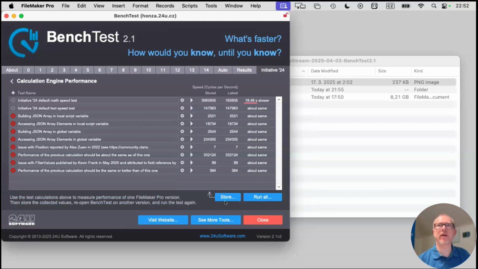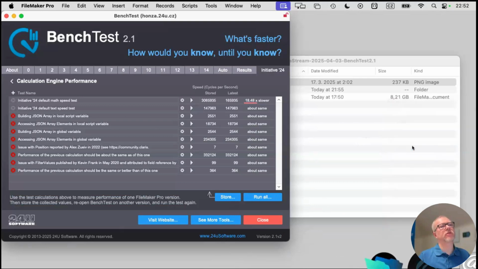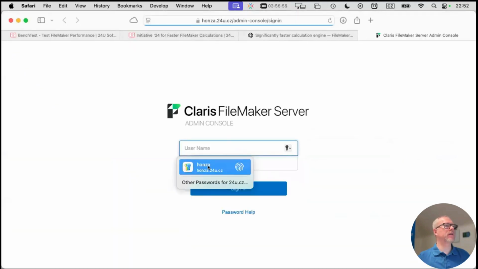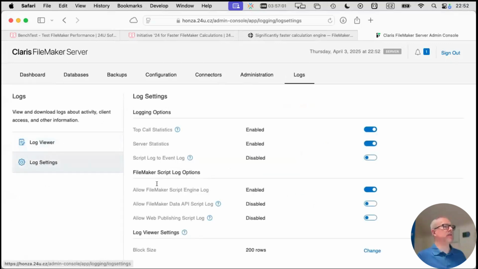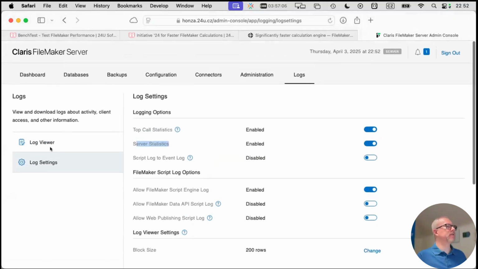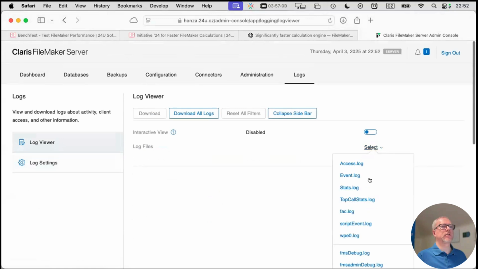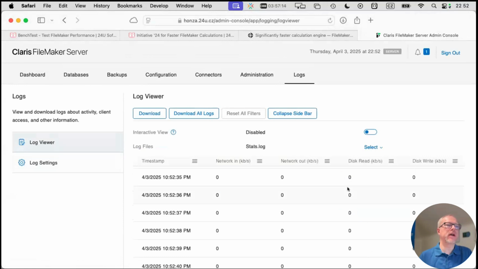It's good not to guess, but to examine the FileMaker logs. In the FileMaker Admin Console, you can enable statistics. I can show you on my own server, on my computer. If you go to Logs, Log Settings, here you can enable server statistics, and there's a log called stats.log. And there is a very good article, even though it's maybe